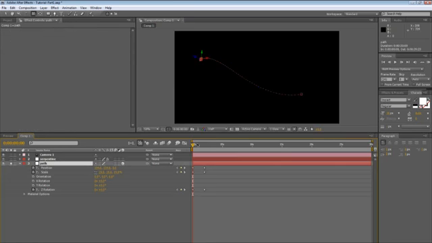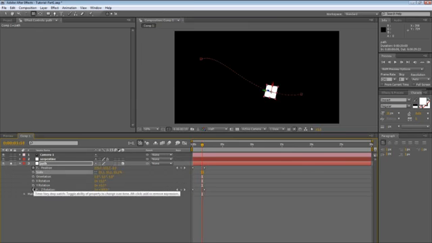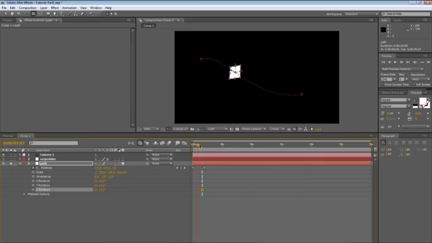Let's for now just cancel the scale keyframes and reset them, and also the Z rotation. So now we're back to this path that has just 2 keyframes, and let's add another keyframe and let's see what happens. So let's say we want to have it going something like this,